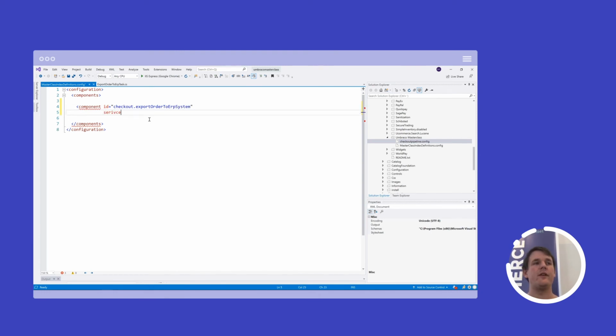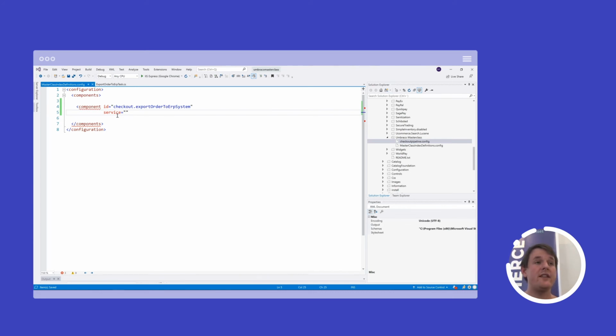So that's the ID of the task. We're going to refer to that when we inject it, and here we have to specify the interface we're using, which is the IPipelineTask. So the component itself that we're registering is an IPipelineTask. We need to say that to the container so we can use it.